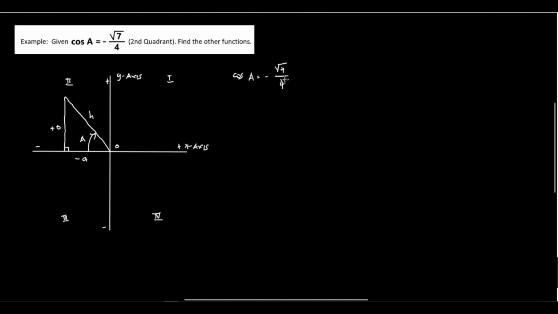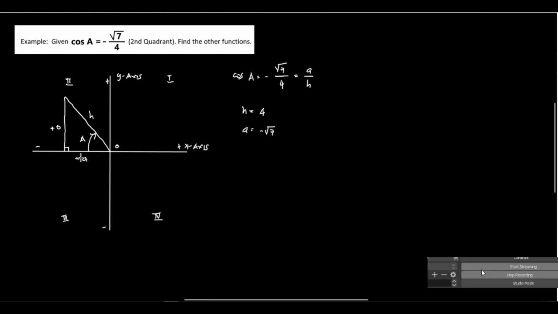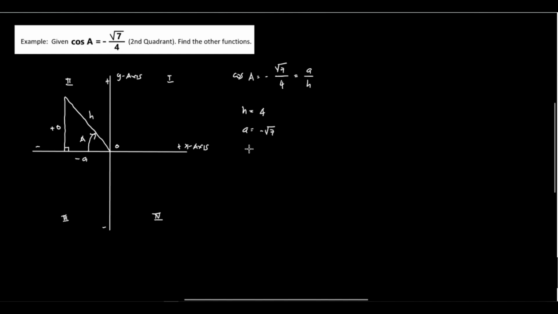And let's identify. Cosine A, that's A over h, and h is always positive, therefore the value 4 is positive, and A is negative square root of 7, which is negative A. And we will find the value of the opposite side using the Pythagorean theorem, which is the square root of h squared minus a squared, that's 4 squared minus negative square root of 7 squared,